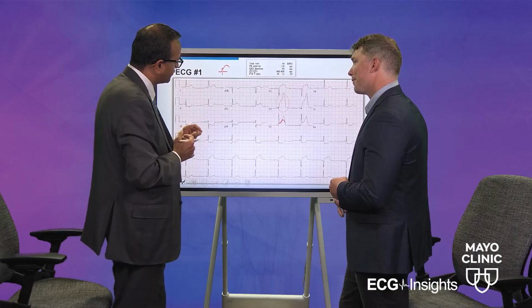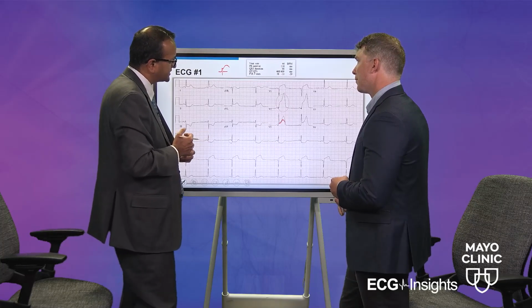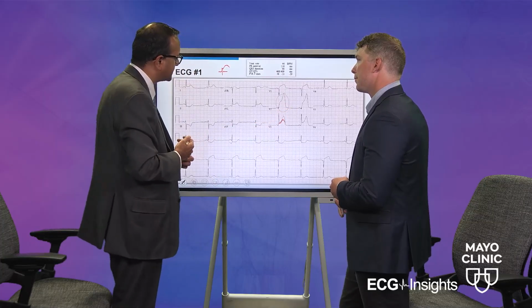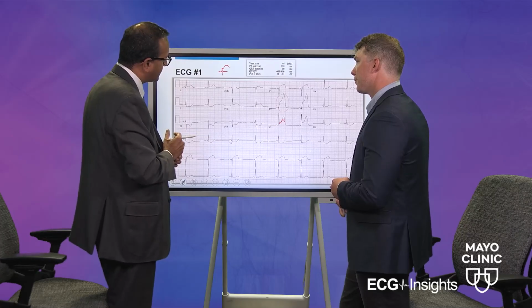Now we talked about pericarditis, how to differentiate. Second would be early repolarization. Now typically early repolarization is seen mostly in the inferior and lateral leads when it occurs. And that pattern is quite variable. So one thing is that the benign early repolarization pattern is more prominent when the heart rate is slower, and it goes away when the heart rate becomes faster. That's important to know.